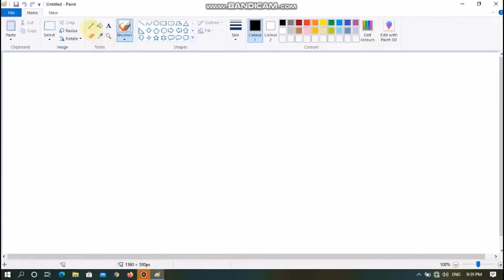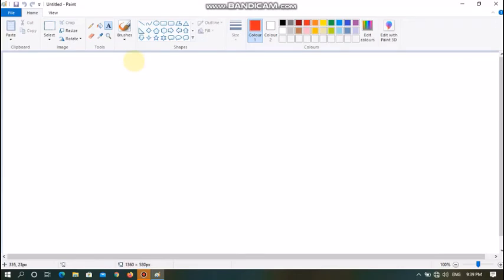In the similar way, we will have the pencil tool, paint bucket tool, text tool, eraser tool, magnifier tool and eyedropper tool. But in this particular session, we will be covering how to make use of the text tool to give notes or instructions to the student during online class. So let's click on the text tool over here. After clicking on the text tool, we can choose any color with which we want to continue. Let's choose the color red.